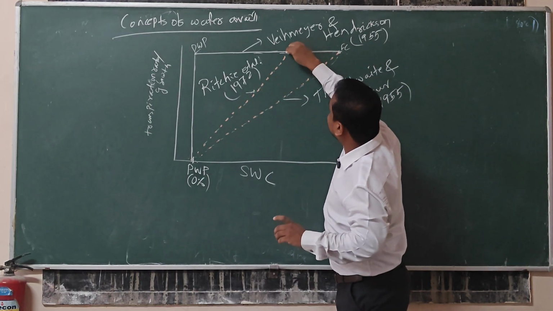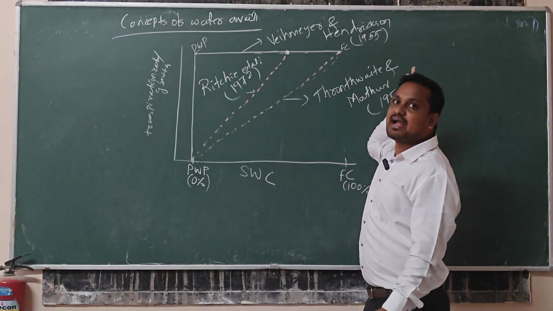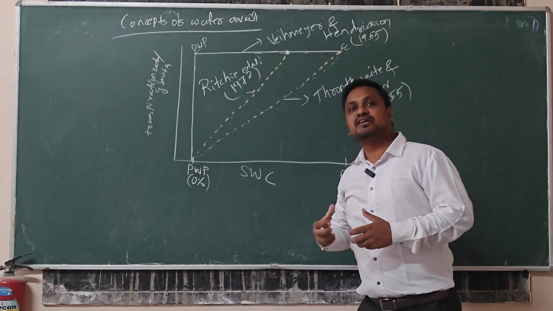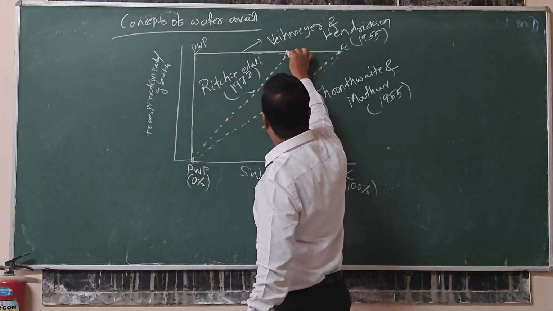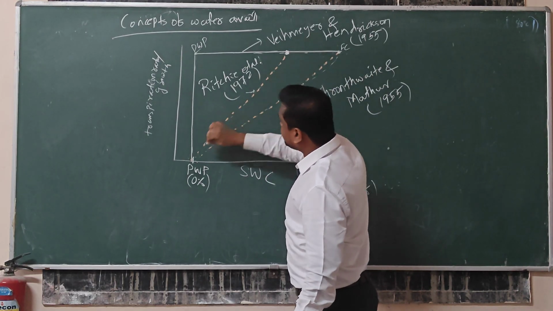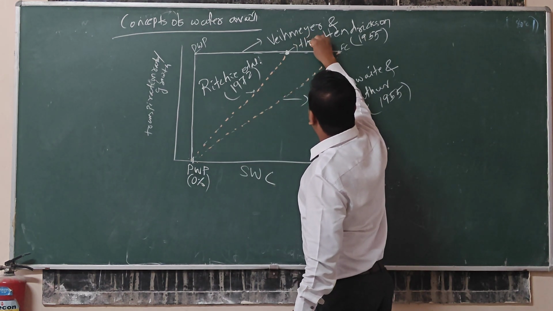I can say this is the point. At this point there will be no effect, and after a certain point, the suction will decrease the water availability from this point to permanent wilting point. This is, we can say, the threshold level,